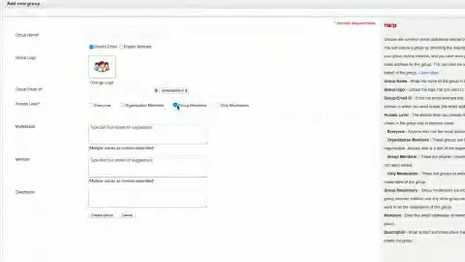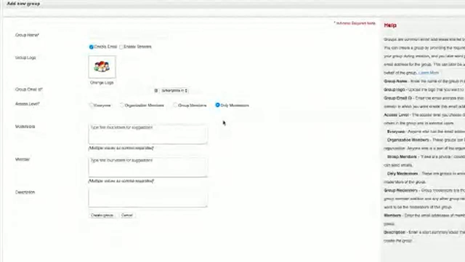You can see here that there are options to create groups where only group members can send emails or where only moderators can send emails as well. There are multiple functionalities for groups like these. When you are creating a group members only group, only the members who are part of the group will be able to send emails to this group.